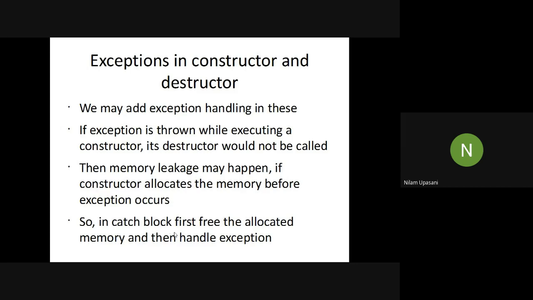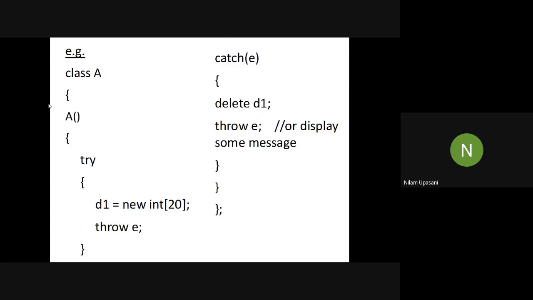तो सो इन कैच ब्लॉक, आपको कैच में पहले क्या करना चाहिए, मैसेज डिस्प्ले करने से पहले यू नीड टू फ्री दैट अलोकेटेड मेमोरी। अगर मान लो आपका मेमोरी अलोकेशन करते वक्त कुछ प्रॉब्लम हुआ है, तो फर्स्ट यू नीड टू फ्री दैट मेमोरी इन द कैच ब्लॉक एंड देन हैंडल द एक्सेप्शन, ओके। तो कंस्ट्रक्टर डिस्ट्रक्टर में बस ये केयर करनी है, अदरवाइज इन द वे यू हैंडल एक्सेप्शन इन नॉर्मल फंक्शन यू कैन हैंडल इट इन कंस्ट्रक्टर एंड डिस्ट्रक्टर, लेकिन यहाँ पे सिर्फ डायनामिक मेमोरी अलोकेशन अगर है तो यू नीड टू टेक दैट केयर। अब यहाँ पे देखो, लाइक आई हैव टेकन वन एग्जांपल टू अंडरस्टैंड दिस। दिस क्लास ए इज देयर, दिस इज अ कंस्ट्रक्टर, ओके। अब कंस्ट्रक्टर में आपने डायनामिक मेमोरी एलोकेशन कर दिया यहाँ से, ओके। एंड नाउ मान लो यहाँ पे